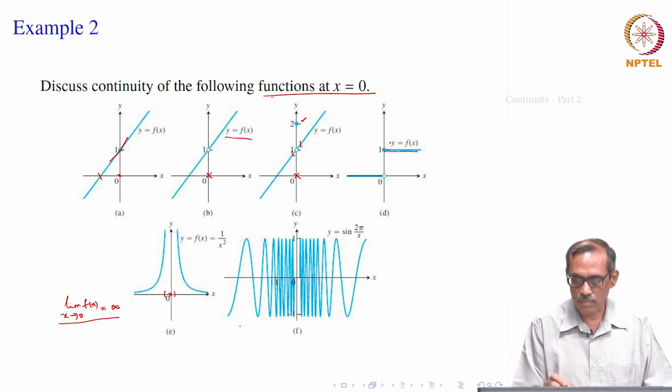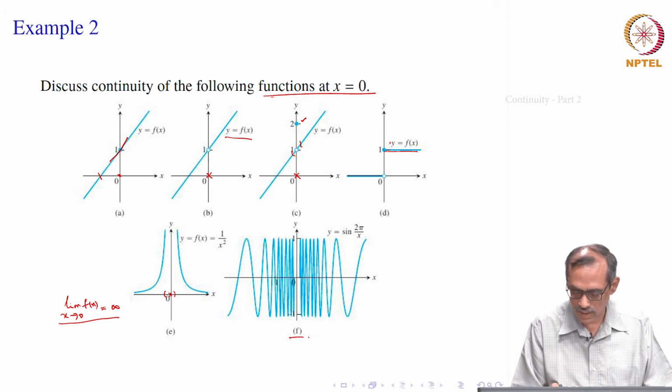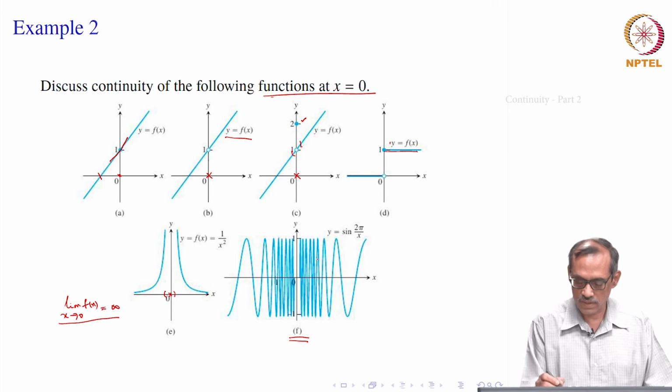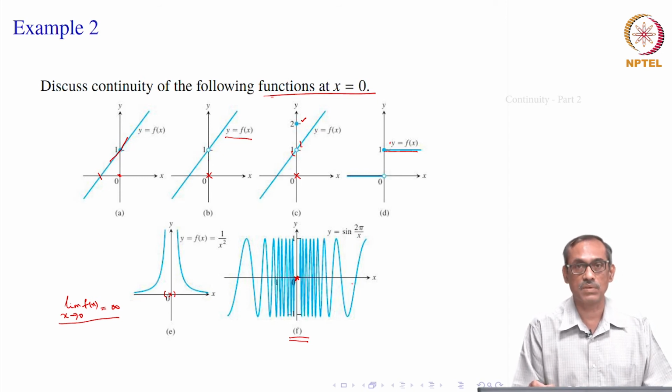Now, come back to the picture, the sixth one, let us say f. So, the function is y equal to sin 2 pi by x. So, here is the graph. In the neighborhood of 0, you see that there is oscillation of the function. It takes values from -1 to 1, okay. All these values it is taking near 0. And the function value is not defined at x equal to 0. So, it is discontinuous. But can we redefine it in such a way that it will become continuous?